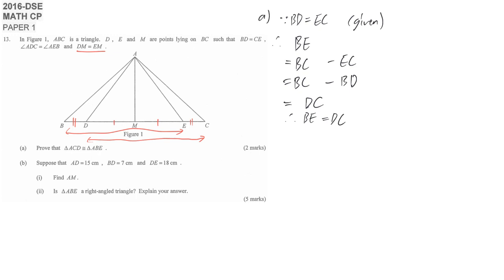After that, they also tell us that this angle is the same. So angle ADC is equal to angle AEB. This is given. Finally, the last thing is